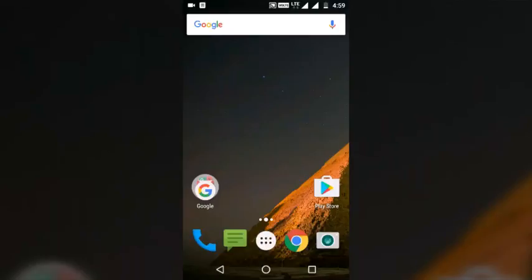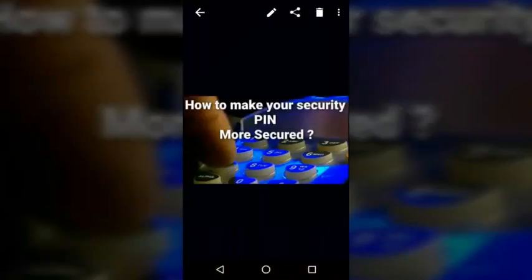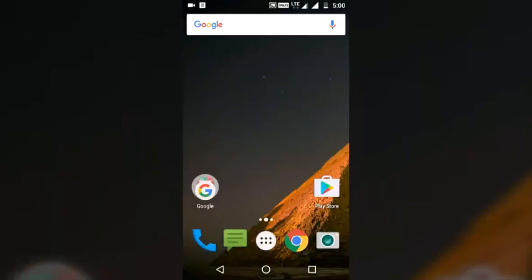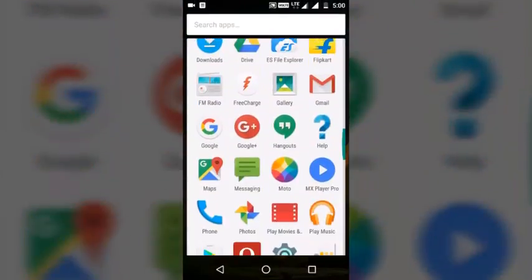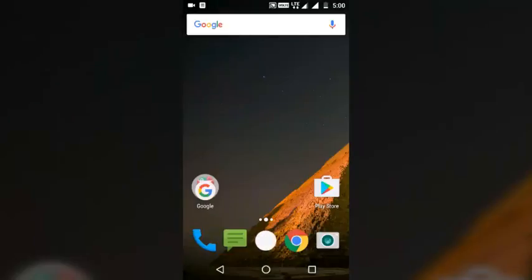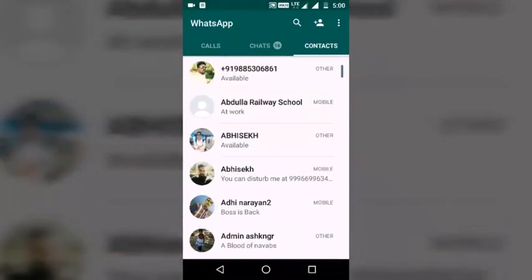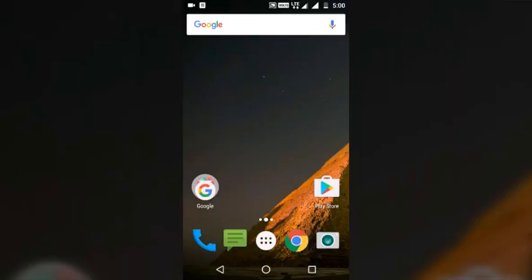Let us assume I want to show some particular pictures to my friend. In order to show him, I am going to hand over my smartphone to him. But what he does is, after seeing these two pictures, he will go to home and he will browse the unwanted data that I don't want him to see. He will go something like this and he will open WhatsApp or whatever he likes. In order to avoid him browsing the unrelated content, the screen pinning will come into the picture.